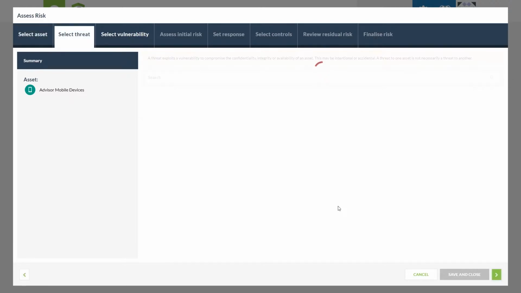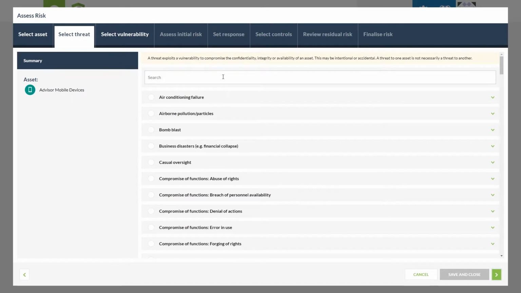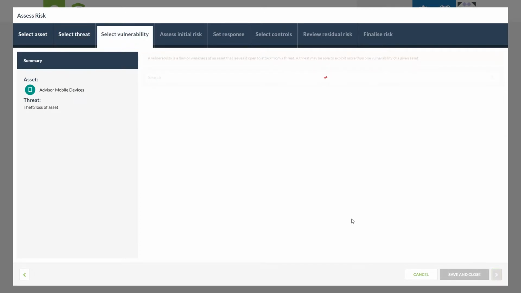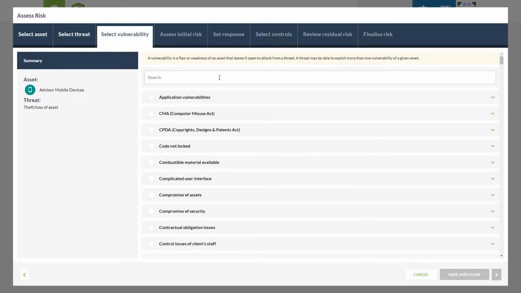We can now proceed into selecting our threats. The threats that you see on screen are already pre-populated, and to search we simply type at the top here. The example we're going to be using is theft and loss of an asset, and we now proceed into the vulnerability. At the top here, we're going to use the search function,